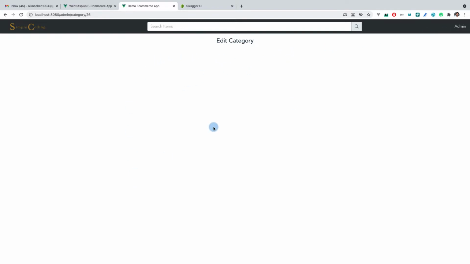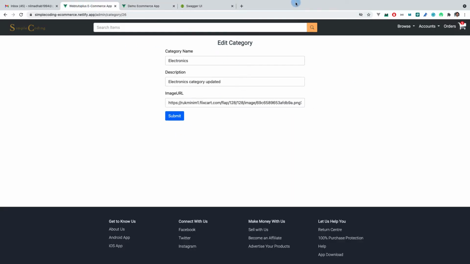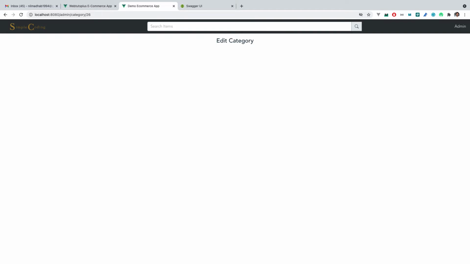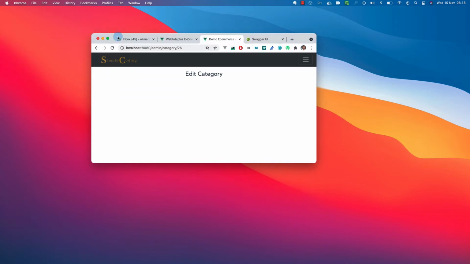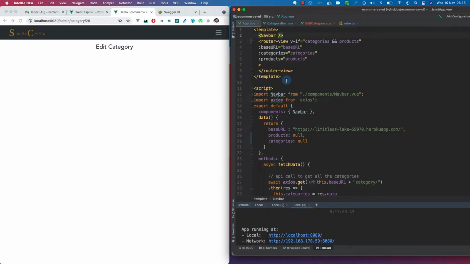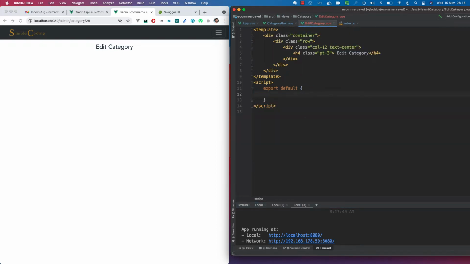Okay, so now we just need to display the form like you can see it here, and we need to update it. So that is easy. So let's go ahead and create the form. Let's make it side by side so that you can see it. Okay, so let's go ahead and so here first let's make the data section, and we will just first get the category that we need to update. So let's first get that. So we'll define category, a variable basically which is an object. So initially it will be null,